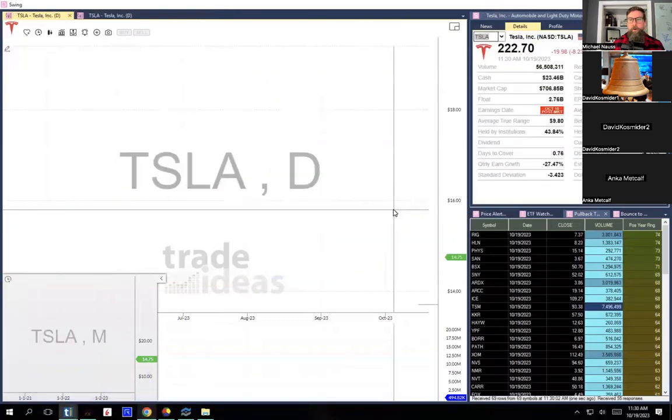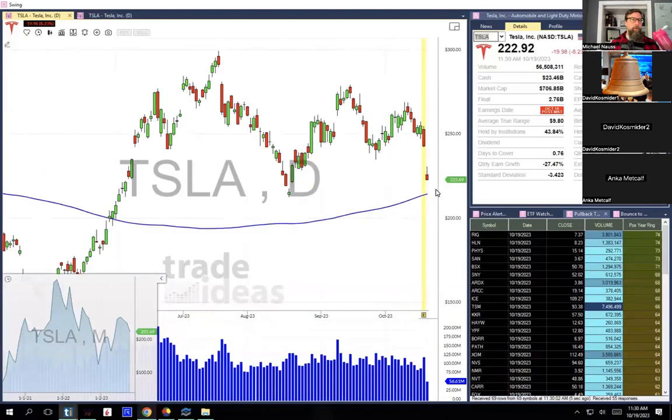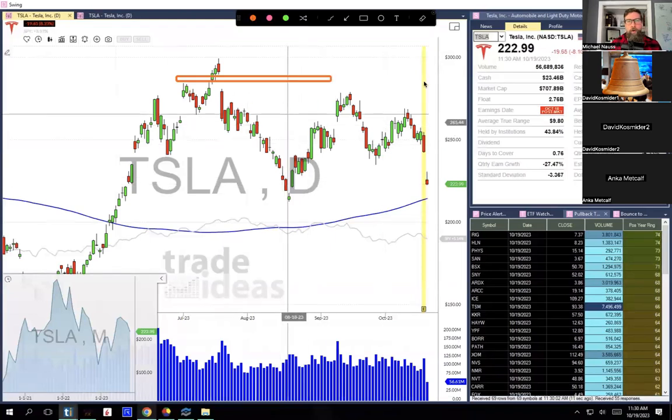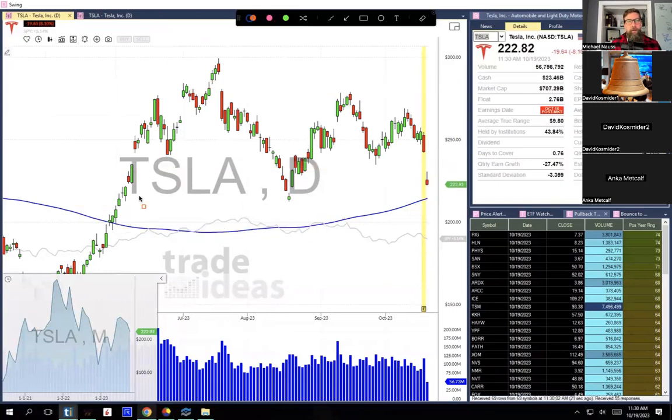Tesla had earnings last night, and they weren't good. So, stuck in a range with this one. So no trend, right? It's not really an upward trend. It's not really a downward trend. You can see the 200-day moving average is going from downward sloping to upward sloping, but just kind of. Tesla just feels a little bit like dead money for a period of time.